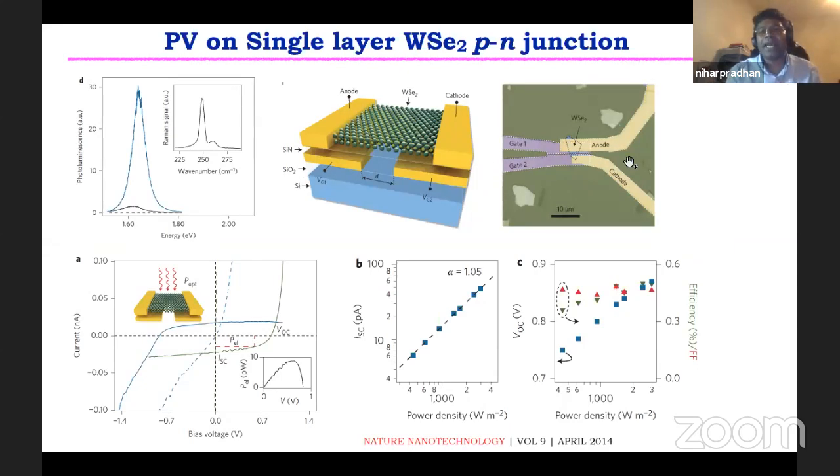this study. And you can see that this is a split gate, 2 gates, okay? And it has the cathode and anode, or the source and drain contacts, and you will get the photovoltaic effect using the same technique. But since this is a single atomic layer material, the absorption of photons or sunlight is poor, okay, compared to few atomic layer or multi-layer devices, as we discussed before in MoS2. So the efficiency of this,